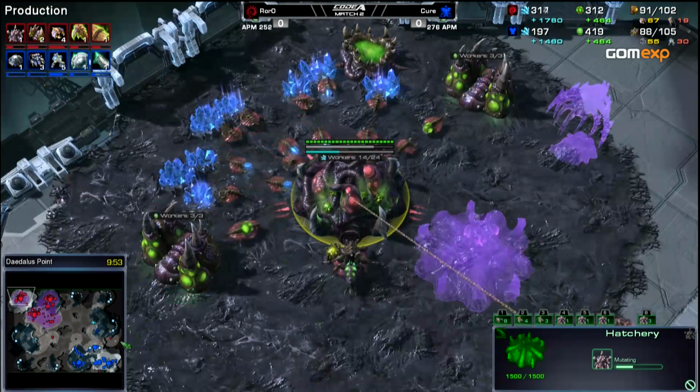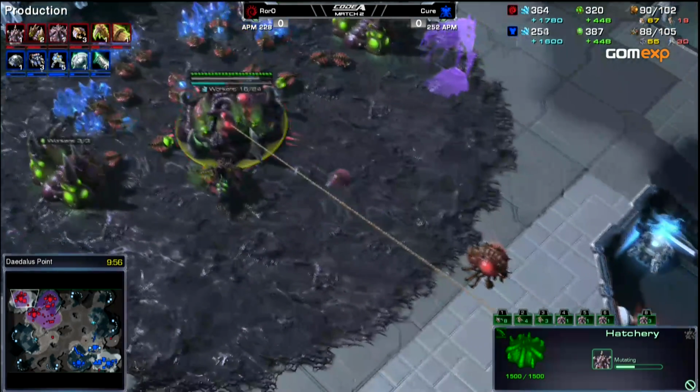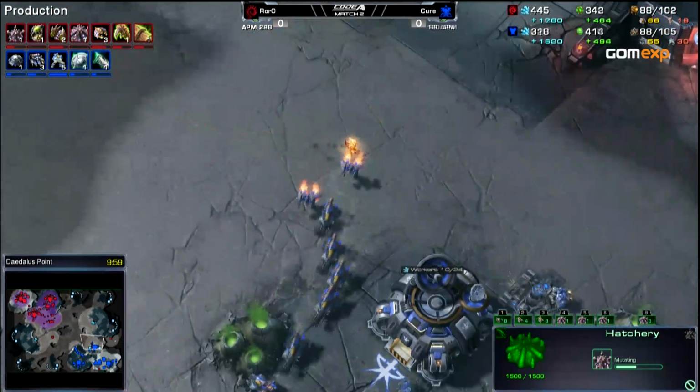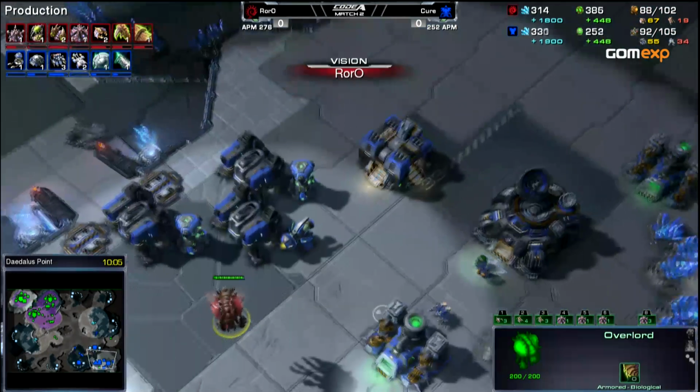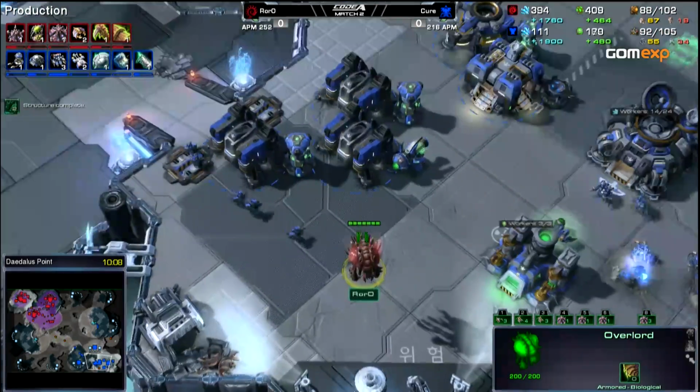He's actually very far ahead in upgrades, Ro that is, because even though Kier got his double E-base up pretty fast, he was so concerned about microing his Hellions and multitasking over there that he actually didn't start his upgrades right away. For Kier, it must have been a little bit tempting to try to run into the main base with the Hellions,